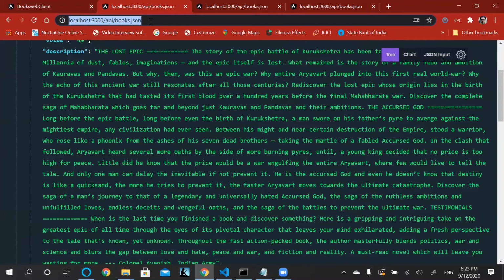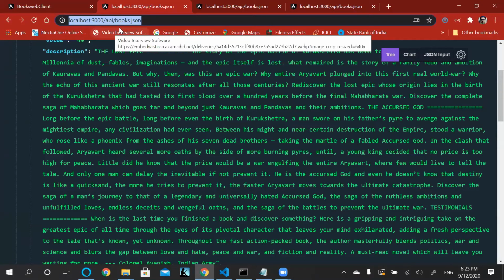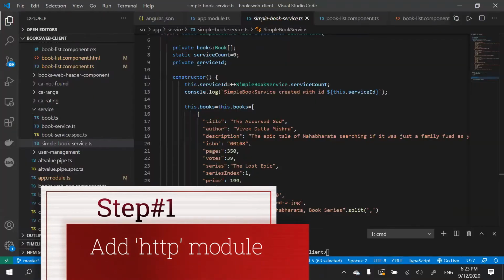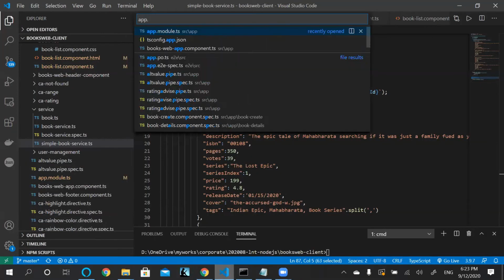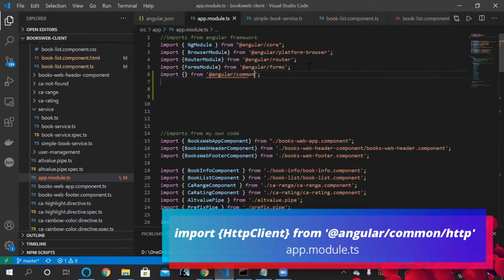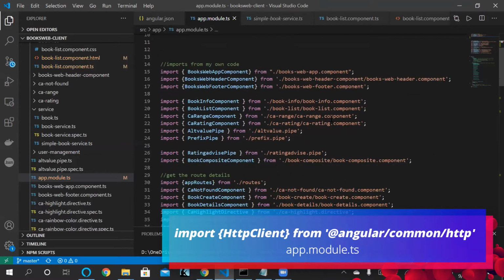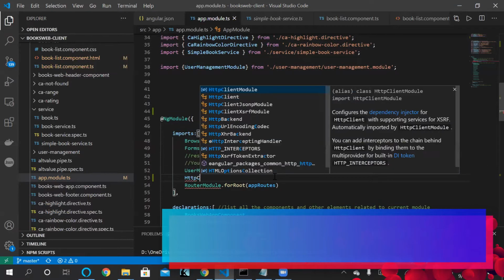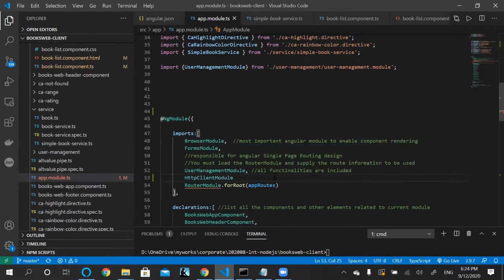Currently, I am using simple API data which is hosted on the same server, and later on we will also be pulling this data using the Node.js backend which is using MongoDB. So let's get started. The first thing we need is to go to our app module and import the necessary Angular module for HTTP, Angular common HTTP and HttpClientModule. And like every other module, we would be including it in our app module in the imports section. So we will be adding HttpClientModule, and that would be the first step.